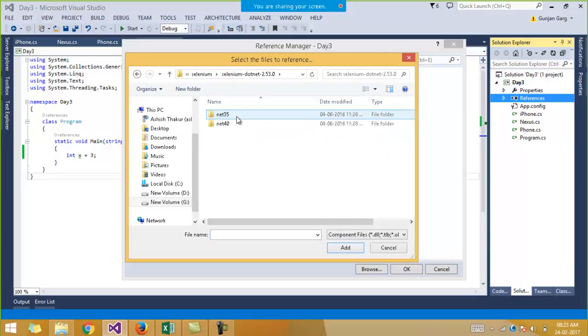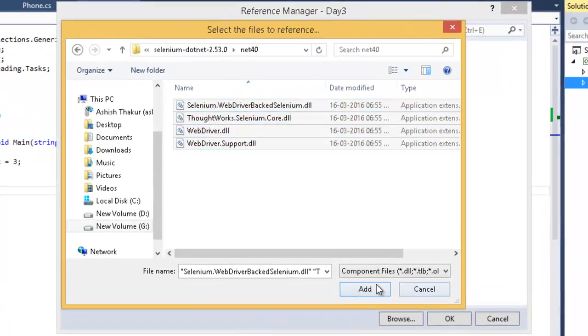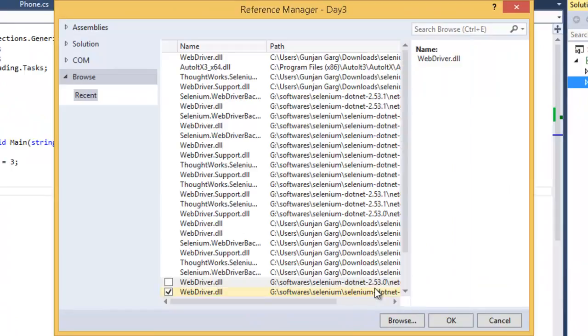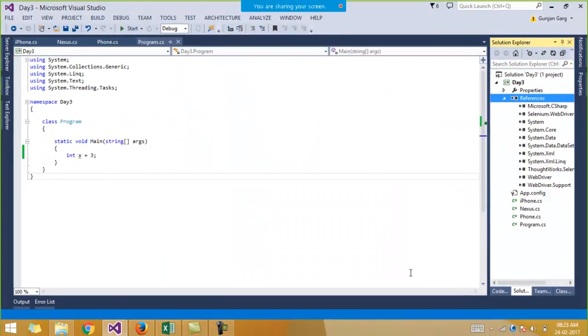Okay, so I'll just add the 2.53 DLLs in my project. Okay, so it has been added, right?